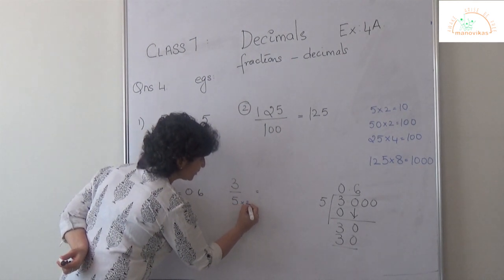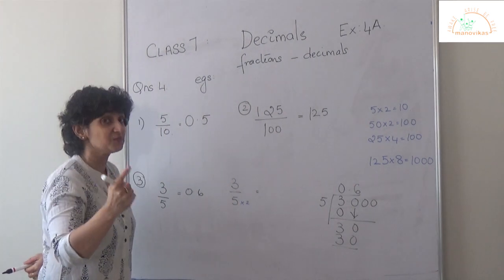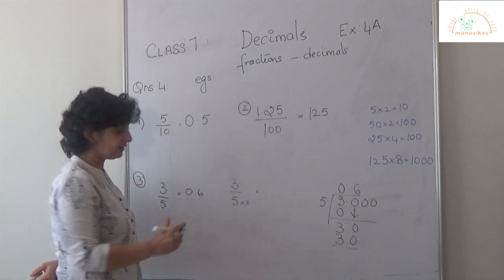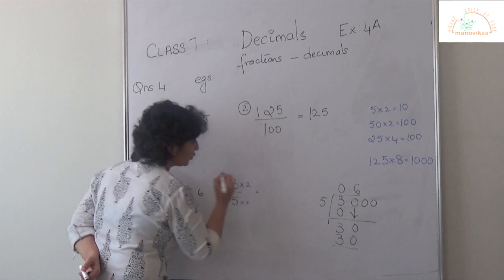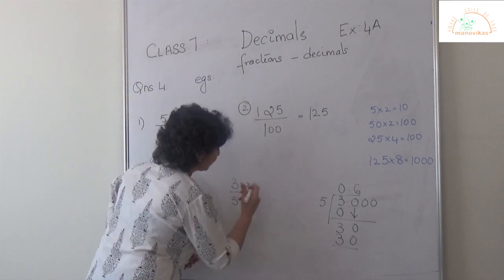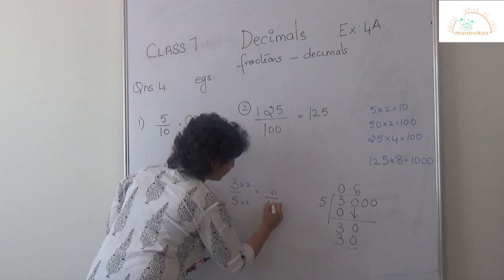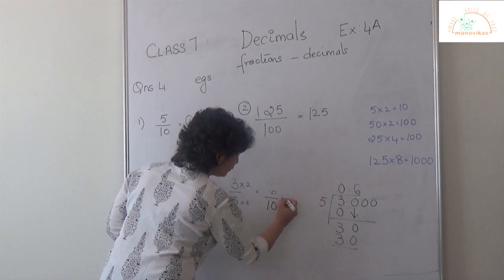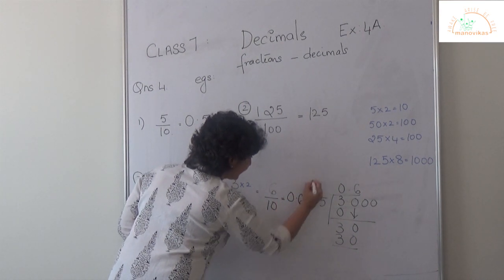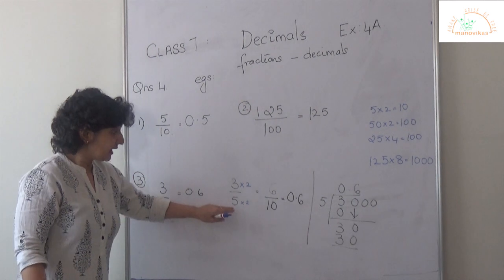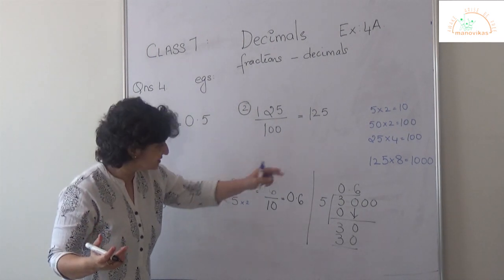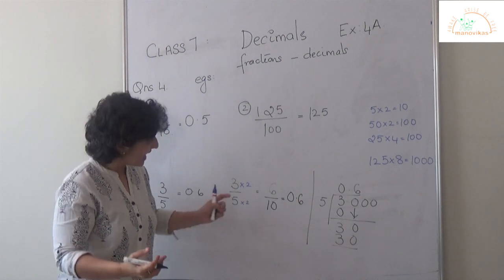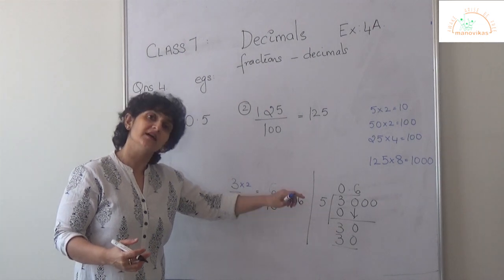If I multiply this with 2, I get 10. So that gives me a decimal fraction. Now if I multiply 2 in my denominator, I also need to multiply 2 in the numerator. So I get 3 2s are 6 upon 10. Now 6 upon 10, you know, gives you 0.6. So it is simpler if you know your tables to convert a fraction into a decimal fraction first, and then you can convert it into a decimal.